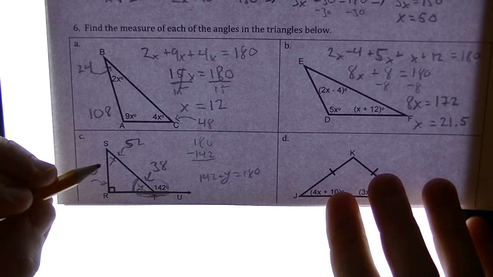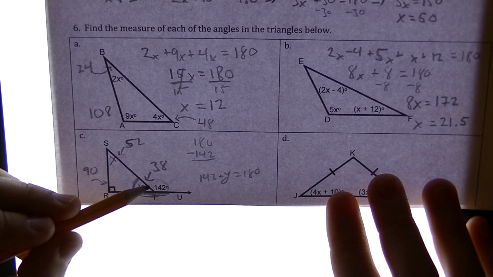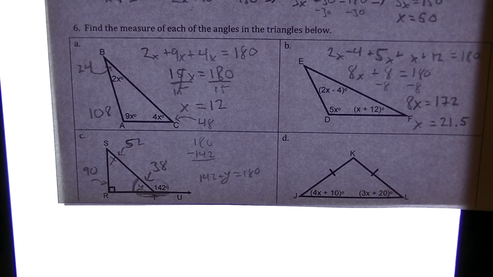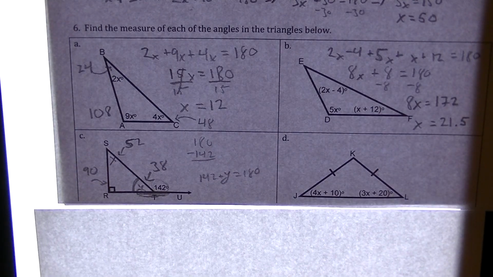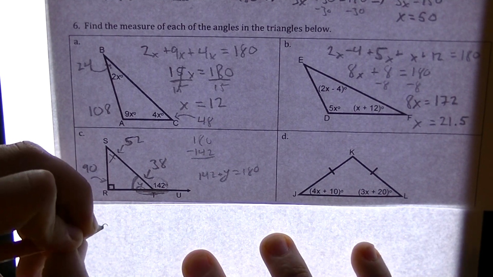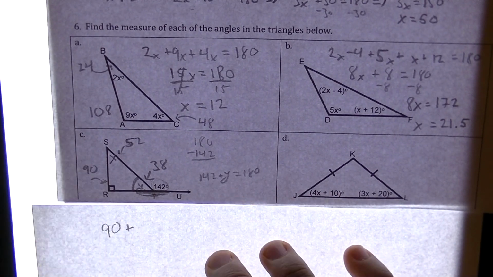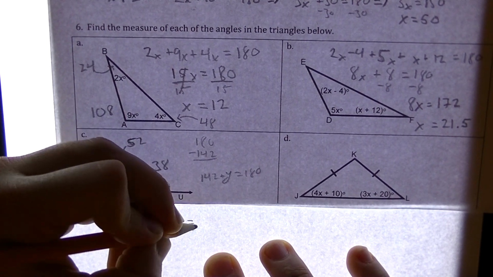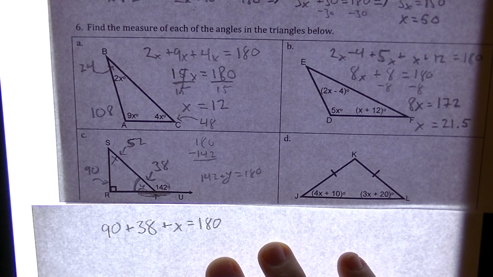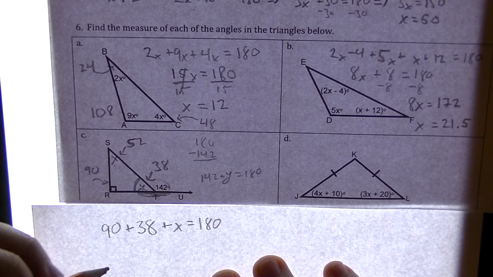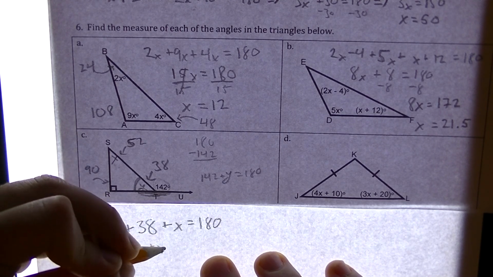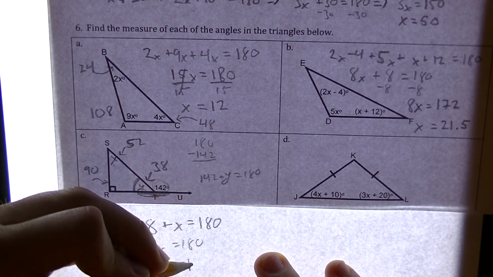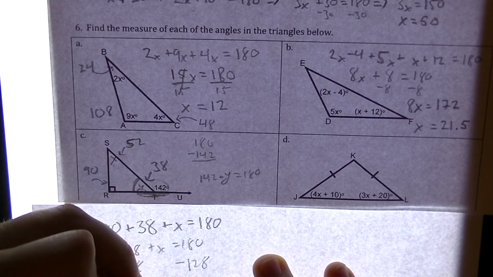Try the algebra on your own here. The equation I would have gotten is 90 plus 38 plus x. Let me draw it out on a piece of paper over here. And the equation I would have gotten would have been 90 plus 38 plus x equals 180. And I do that, that becomes 128 plus x equals 180. Minus 128 on both sides, and x is going to have to be